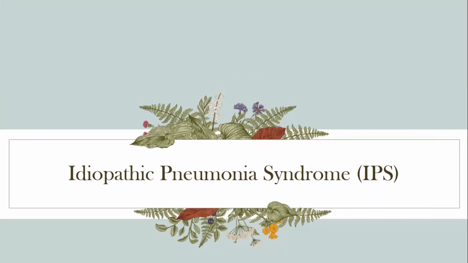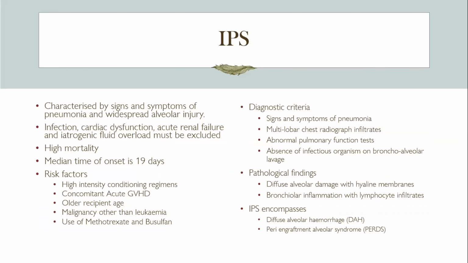Idiopathic pneumonia syndrome is characterized by signs and symptoms of pneumonia and widespread alveolar injury. Infection, cardiac dysfunction, acute renal failure, and iatrogenic fluid overload must be excluded prior to making this diagnosis. It has a high mortality. Its median onset is within 19 days of transplant. Its risk factors include high-intensity conditioning regimens, concomitant acute GVHD, older recipient age, malignancy other than leukemia, and the use of